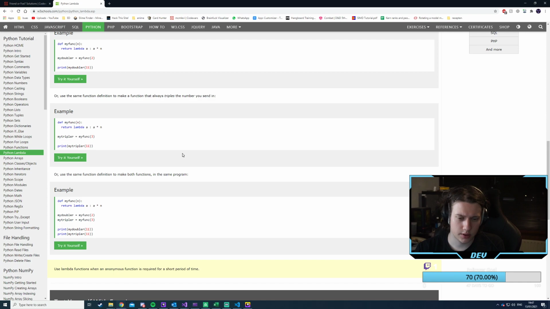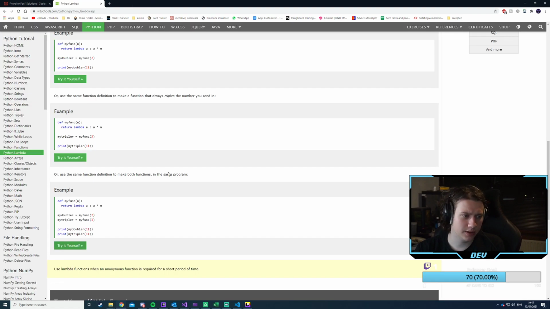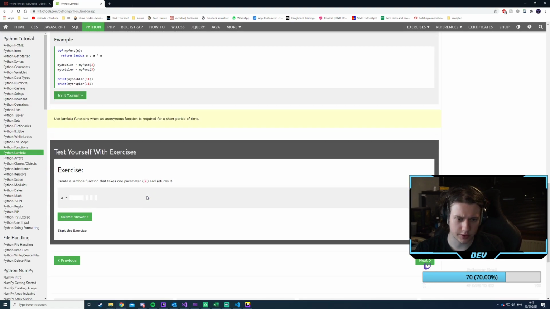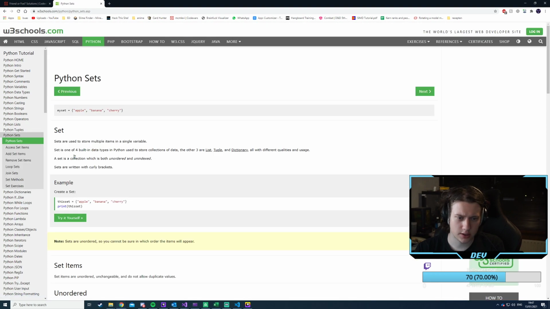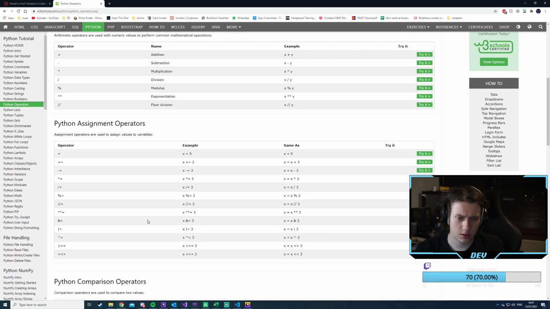Okay, that's interesting. Oh, okay, so they're actually lambdas. Okay, but they do something different than I thought they would. Are they just sets? No, they're not sets either. Operators.